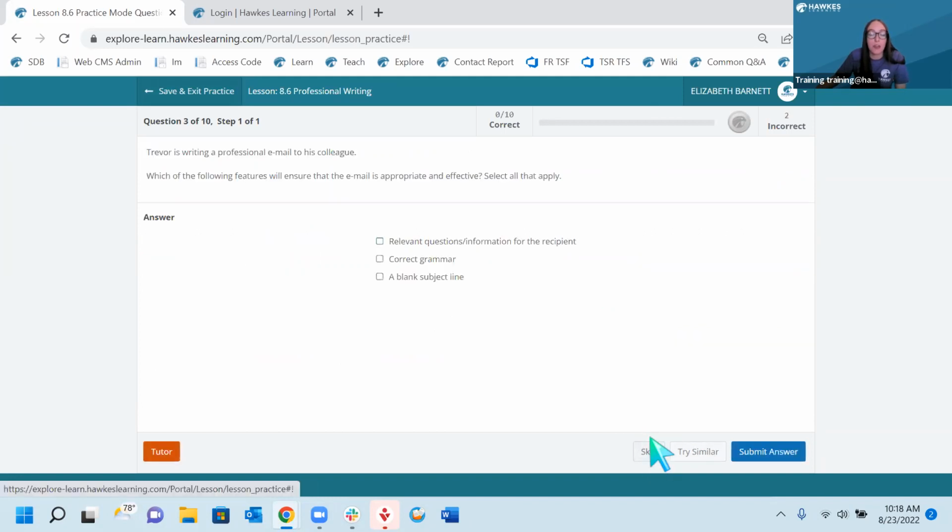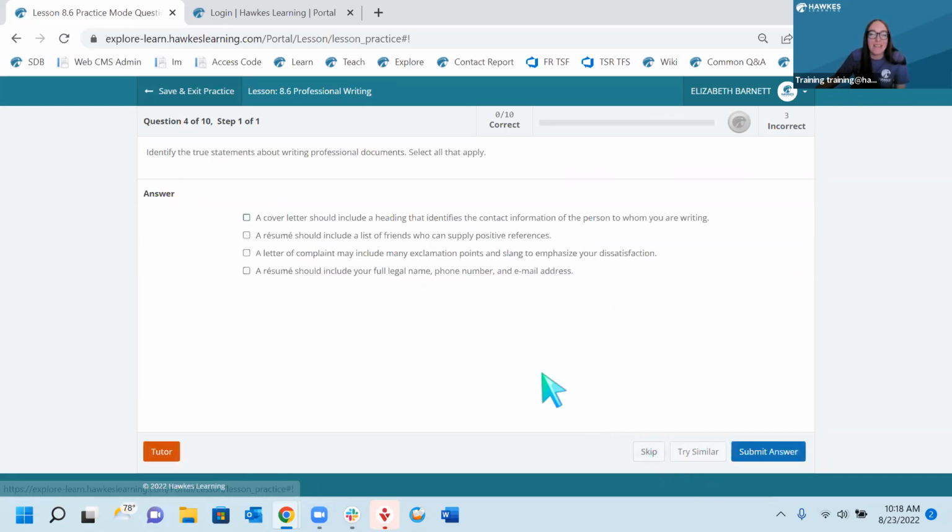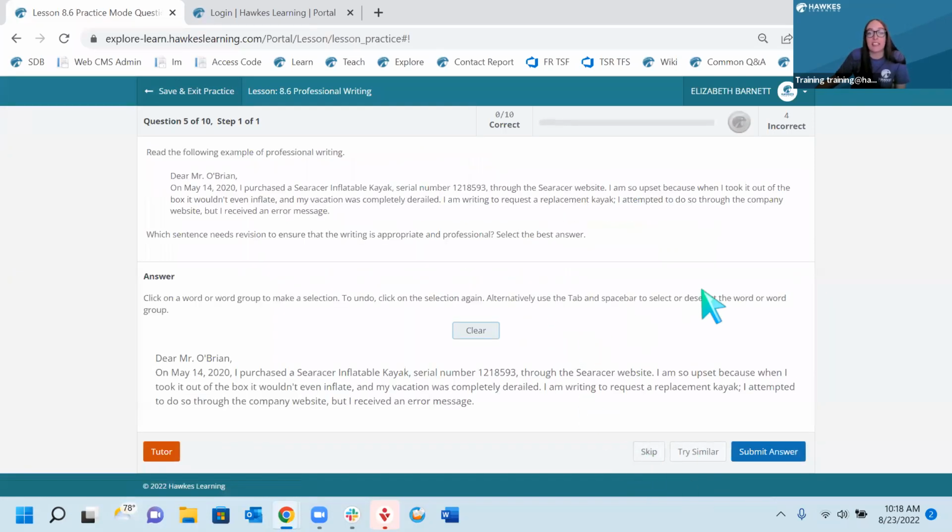So I'll skip through and show you another type of question, which will be select all that apply. This one is similar to multiple choice, but it might have more than one answer. And we have another select all that apply here, and then another click to select. So I'll answer this one so that you can see what it looks like to answer a question. This particular